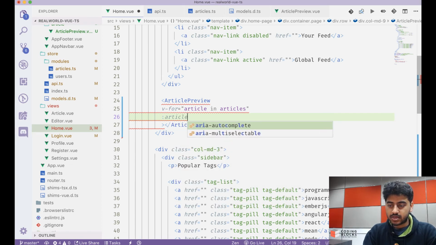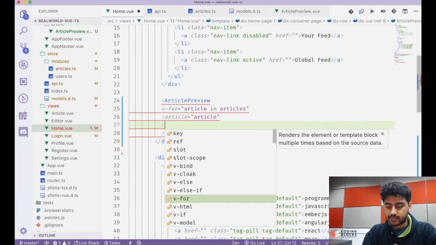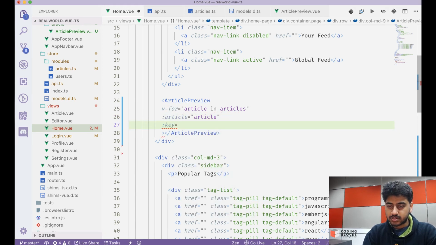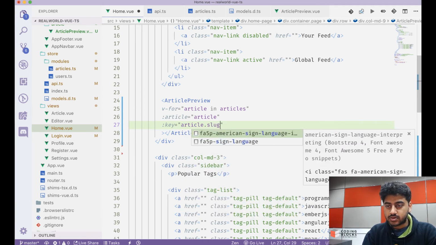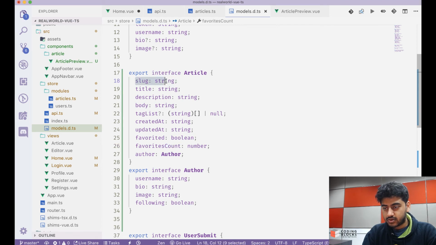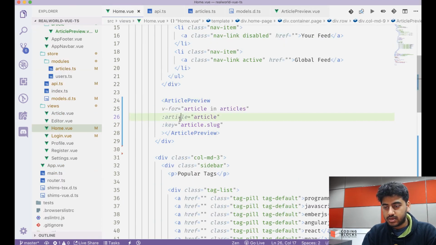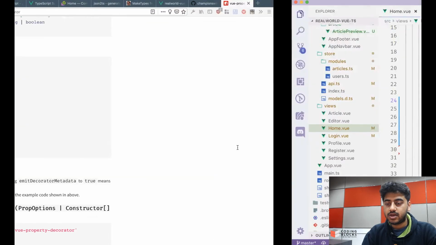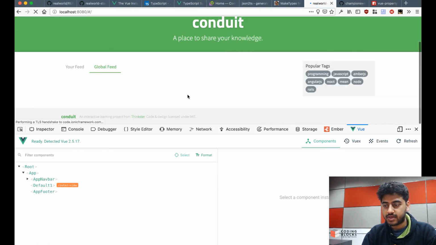I'll pass this article into the prop, and I'll pass the key as article.slug. So article.slug is the uniquely identifiable key here. I'm going to run a v-for across article preview, so it's going to generate as many articles as there are on the page. Now if I take a look at the global feed, refresh the page,